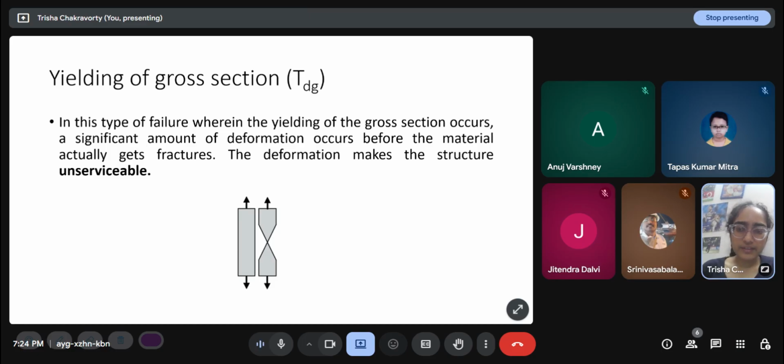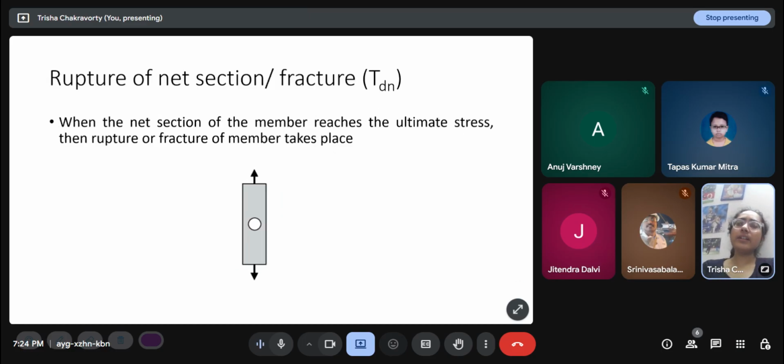So we cannot allow this to happen. Rupture of net section. When the net section of the member reaches the ultimate stress, then rupture or fracture of the member takes place. So why are we looking at ultimate here? Because in this section, this is the net section, this is the gross section. Since the cross sectional area in the net section is less,